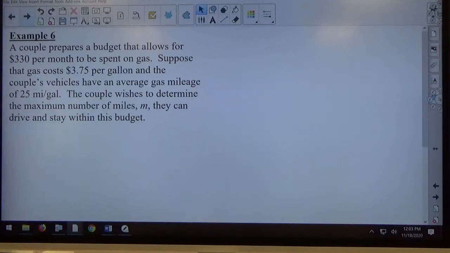Example 6: a couple prepares a budget that allows for $330 per month to be spent on gas. Suppose the gas costs $3.75 per gallon and the couple's vehicles have an average gas mileage of 25 miles per gallon. Determine the maximum number of miles M they could drive and stay within this budget. So,